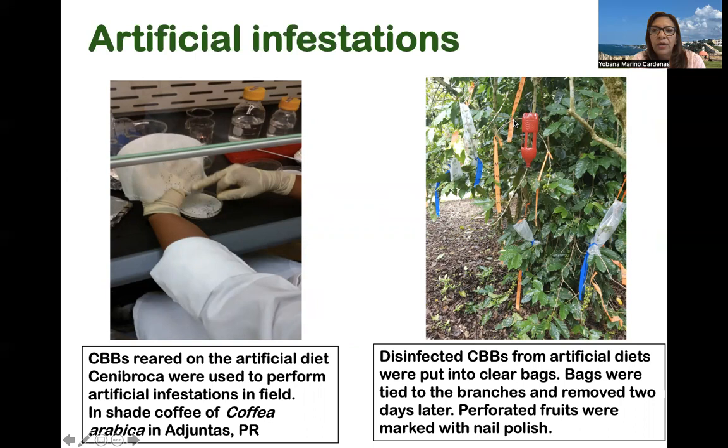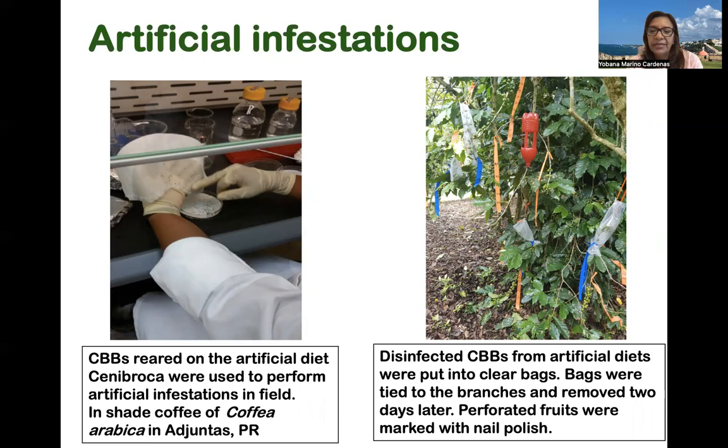In the field, we selected different coffee branches, and we manually removed all the fruits that were perforated by the CBB. After that, we put groups of 50 females into clear plastic bags and tied these bags to the branches. Two days later, after we put the adult females, we removed the plastic bags,